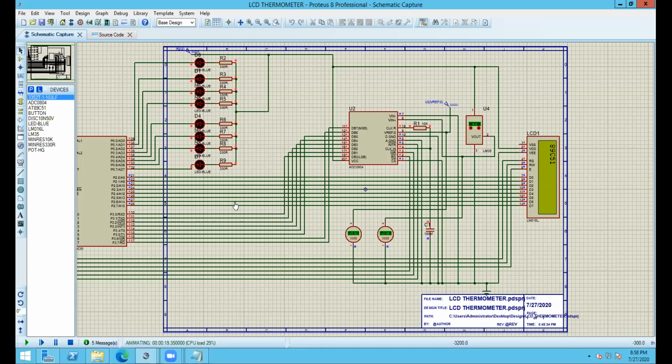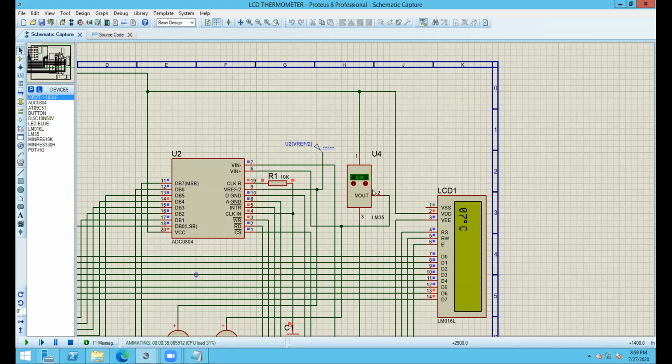See, we have just displayed some message first, some scrolling displays that I was talking about. And now we will display the temperature. You remember the mistake that I was talking about in the lookup table. In place of 1, where it would have been 1, we put 2. If I see here, the temperature is 6, but it's showing 7. This is because we have shifted by 1 in the lookup table.